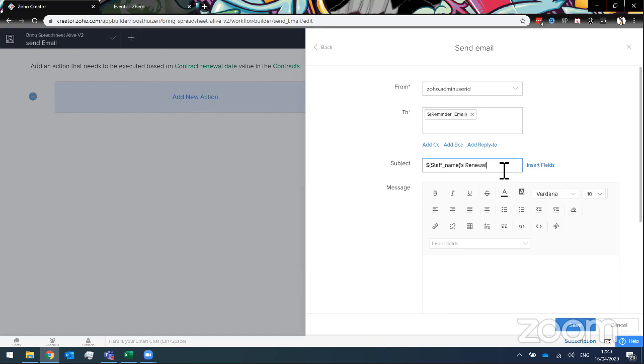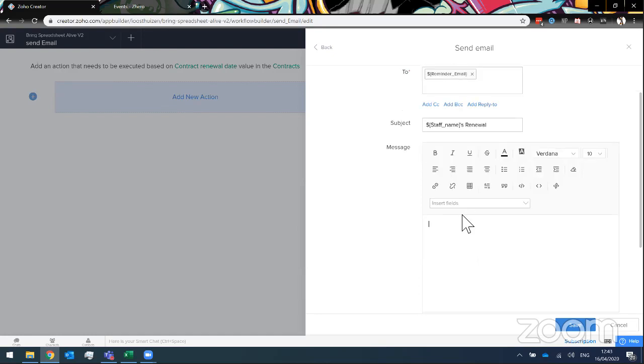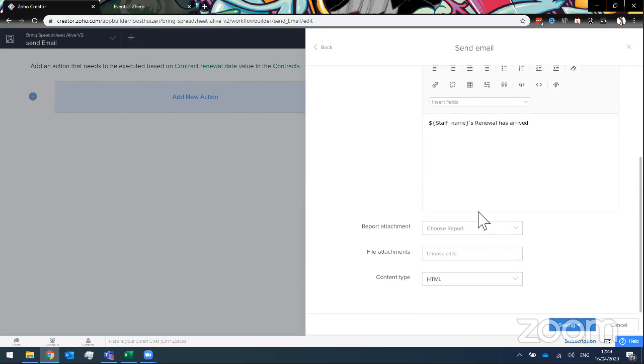If there's more fields in the form, we can use whatever ones we want, and in the message we can do that as well. We can add the date of birth and the email addresses and the staff names here, so we can put the same thing here. So we can say their staff names renewal has arrived, and then we can click save,